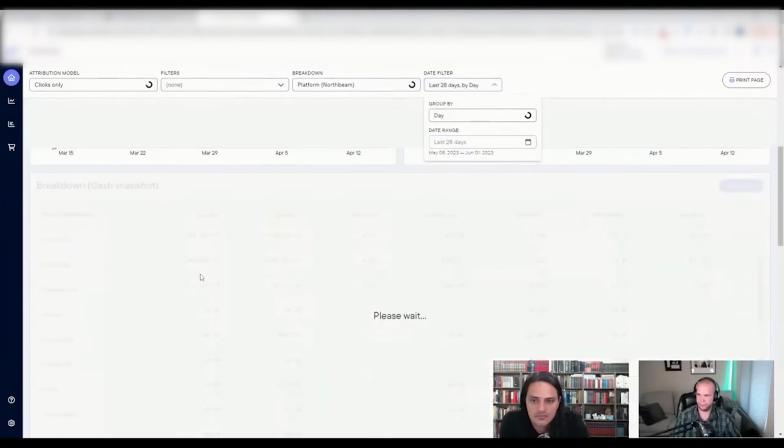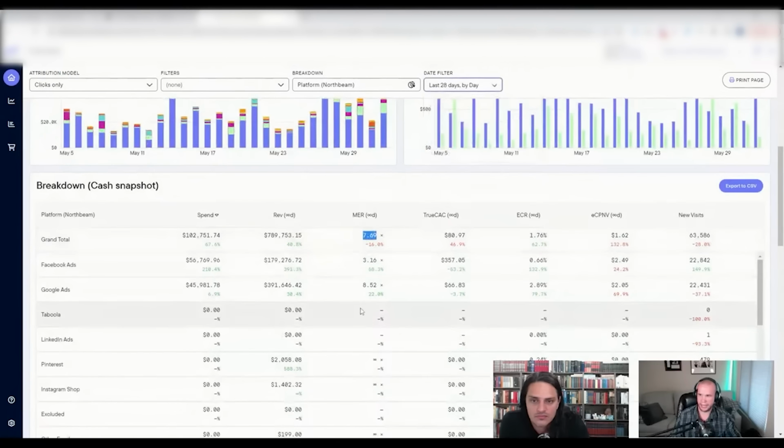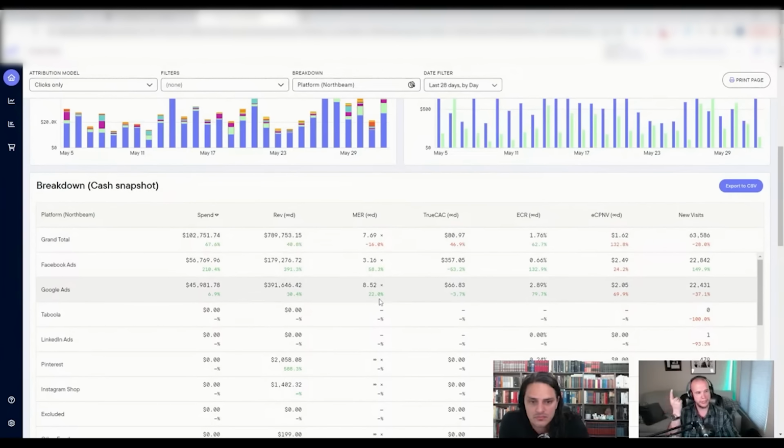Let's look at the last 28 days. 7 top line, 6 went to 56, and Google Ads stayed the same. So our 2 went to 3. My Google went from 7 to 8. Our top line actually raised. We were able to put 67% more spend for 40% more revenue and scaled really well because we took a 1x click attributed network and scaled it because I knew there was more view attribution that I can't count.